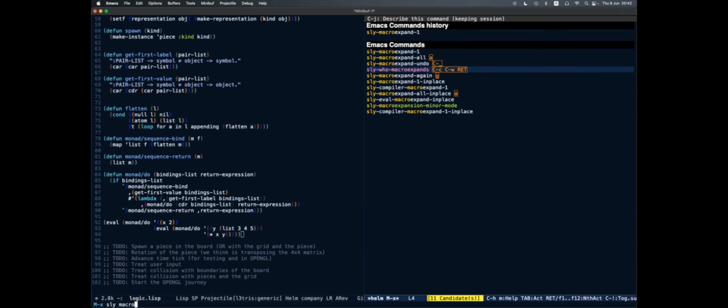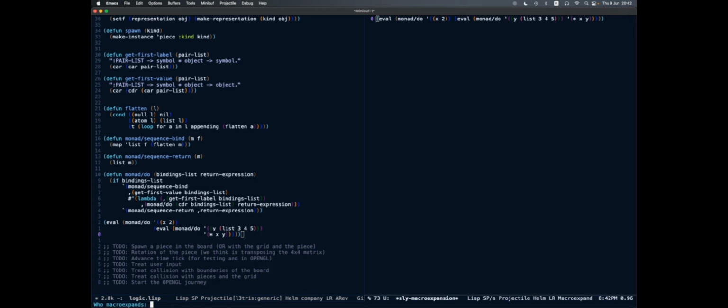The monad do will pick two matrices, and then we can make a function instead of multiplication. That was not what I was going to say. We can switch from the multiplication. We can make our custom function, and then in that function,